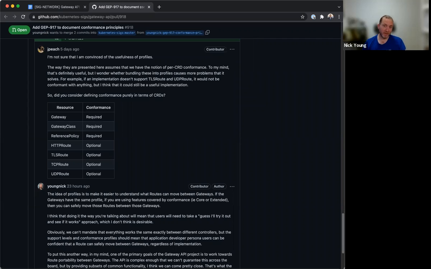My initial proposal for that is that it should be status on the gateway class, but I don't think that's the be all and end all. There could be other ways to do this that are better, but I think it should be a hard requirement that there is some automatable way for an implementation to specify: these are the tests, this is the conformance that I am shooting for, and these are the tests that should be run.